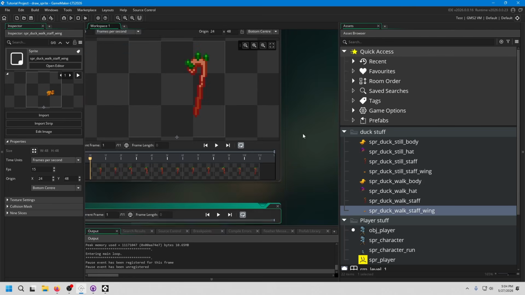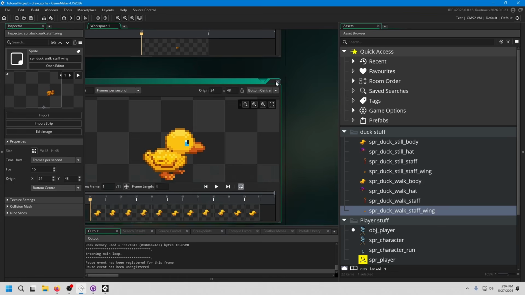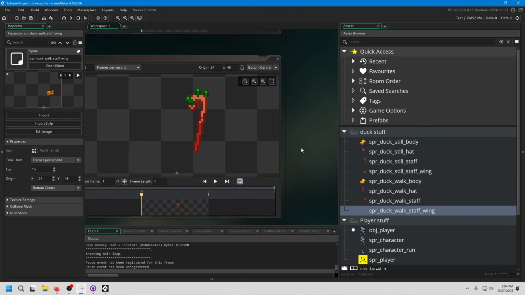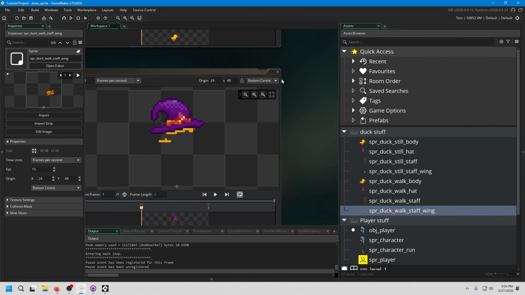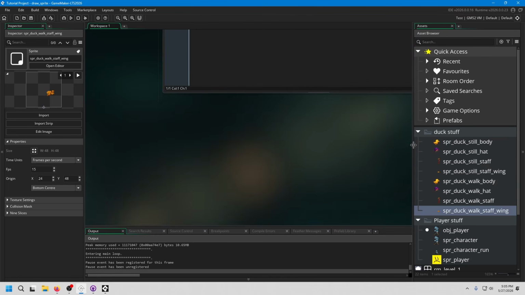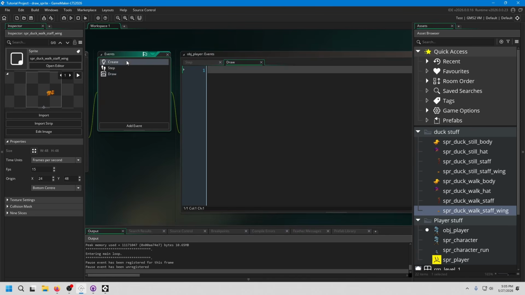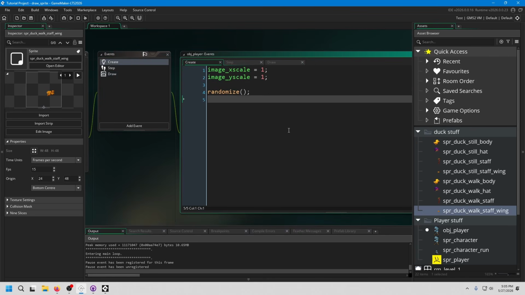And I think what we're going to spend the rest of today doing is building a little bit of character customization that allows us to turn layers of this sprite on or off and draw them all on the screen correctly when you walk around. So I'm going to start by going into the create event, and I'm going to define a couple of new